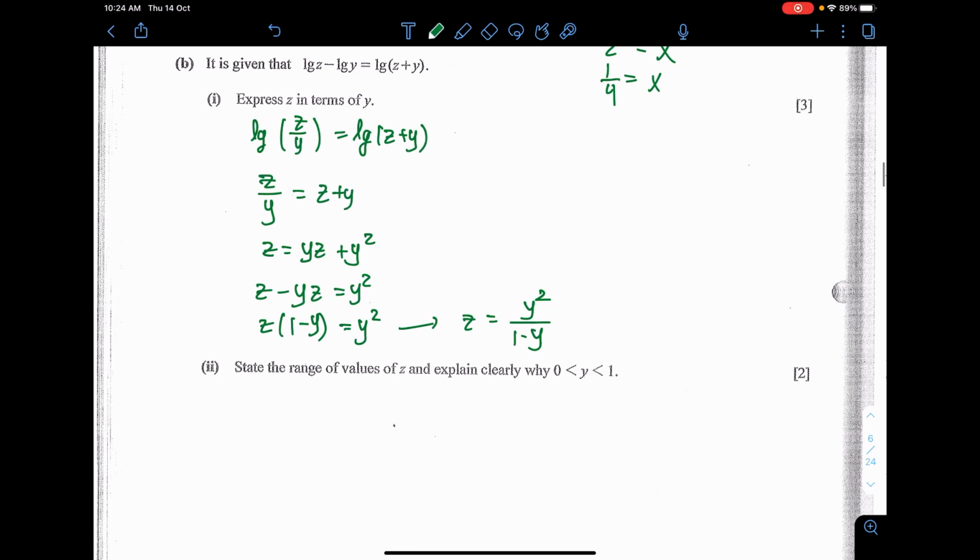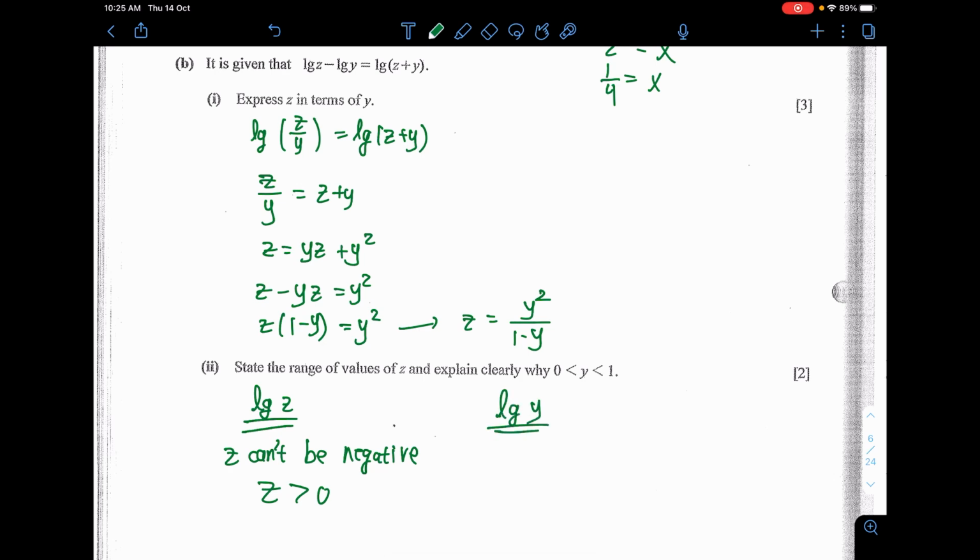Now, the question here actually starts with your logarithm. We have logarithm of z here. Meaning to say that it's confirmed that z cannot be negative, because when you actually have a negative inside the logarithm, you're gonna get a math error. So first things first, the value of z must be greater than 0. Okay, strictly must be greater than 0. That goes the same thing for y also. At the very least, log y must be greater than 0. Likewise, y cannot be negative, so y is greater than 0.